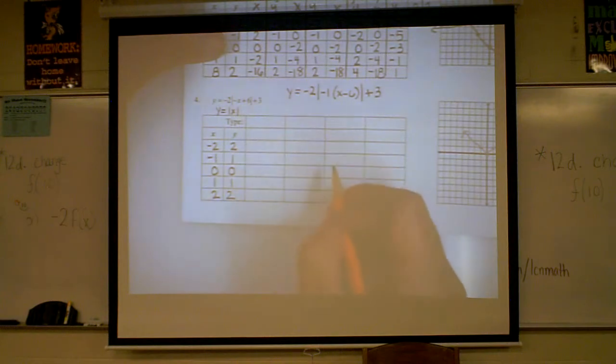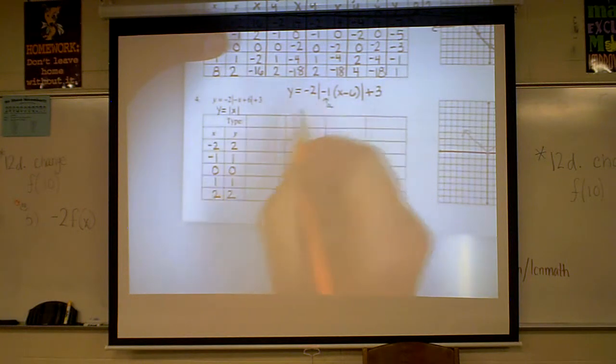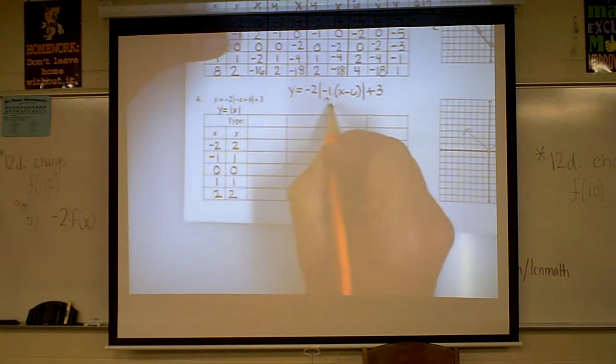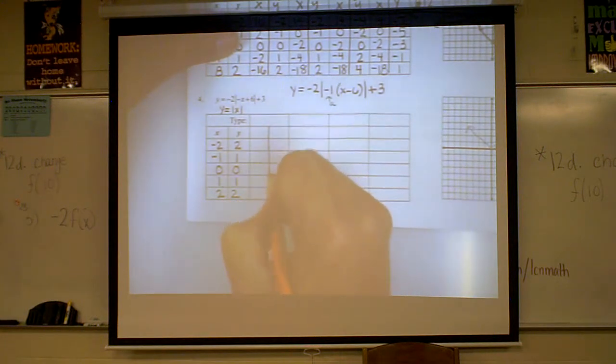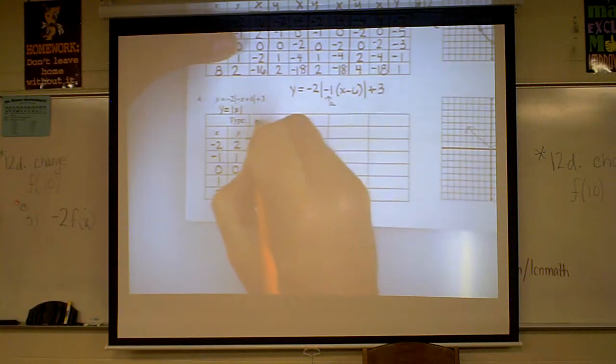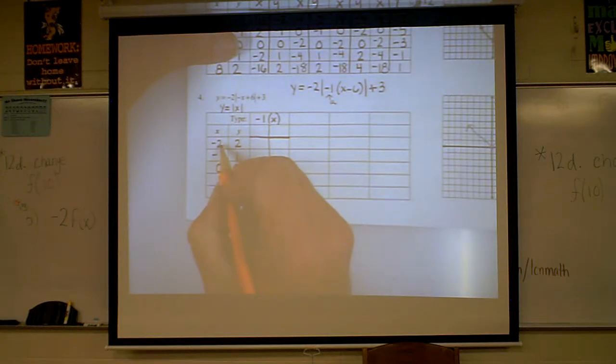So now, transformations begin. Start with this, your A. That's your reflection over your y-axis. So what you're going to do here is multiply all the x values by negative 1. So we're going to multiply all the x values by negative 1. So you should end up getting